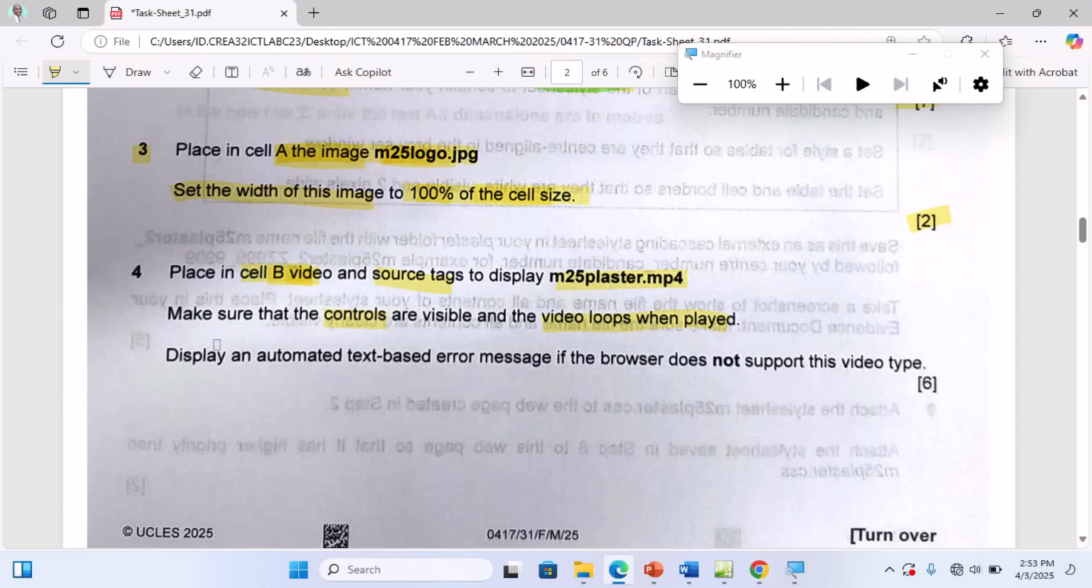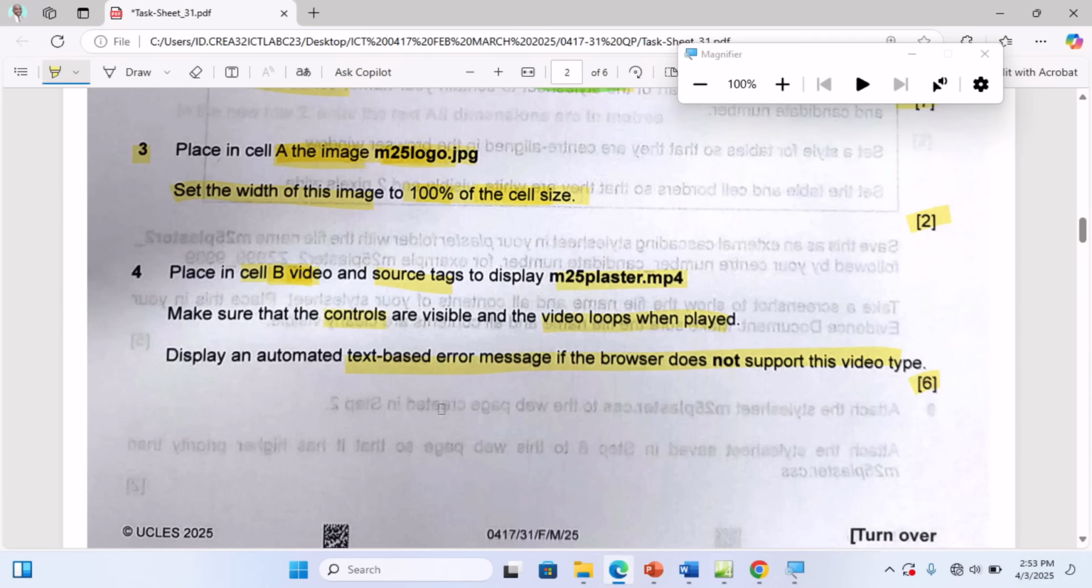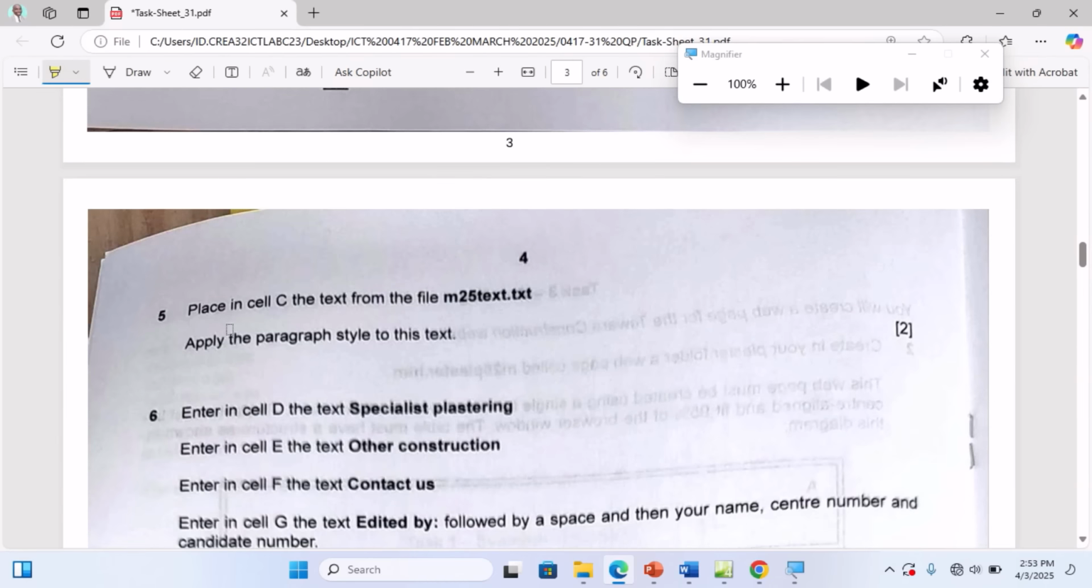So then the next one is that it displays an automated text-based error message if the browser does not support, which I have just done. That is 6 marks. You can see that file not supported. I have that here. All right, then the next instruction is to place in cell C the text from the file